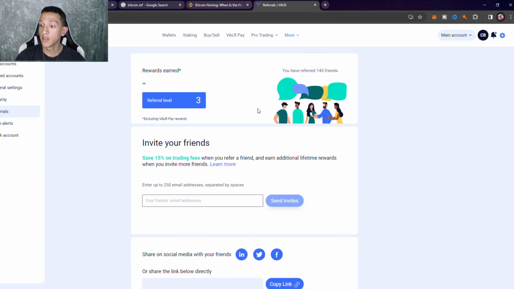Next we've got referrals. A referral is basically getting a commission or a part back when you refer people to VALR. Also, when you sign up to VALR for the first time, it's good to use someone's referral, and after that it's good to recommend it to people too, because when they join they get a rebate back on fees, because there are fees when you're being a maker or when you buy instantly. So it's good to use the referral of someone.